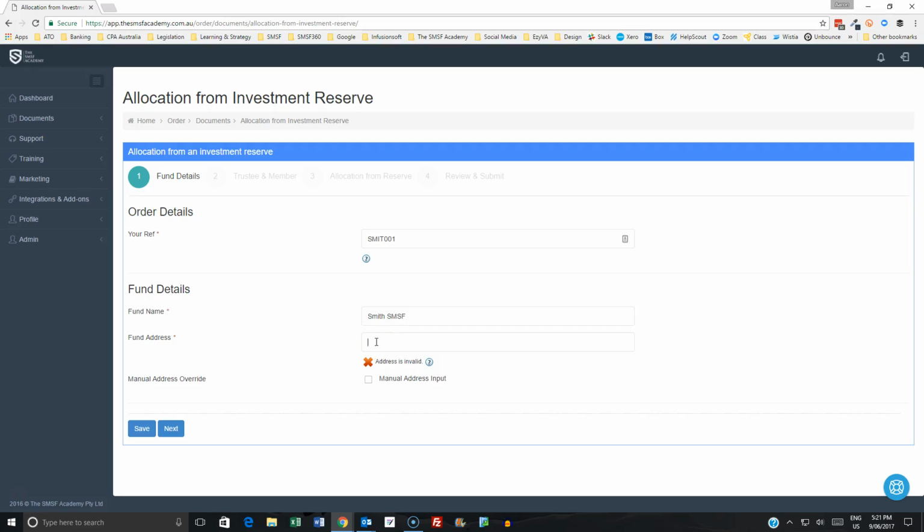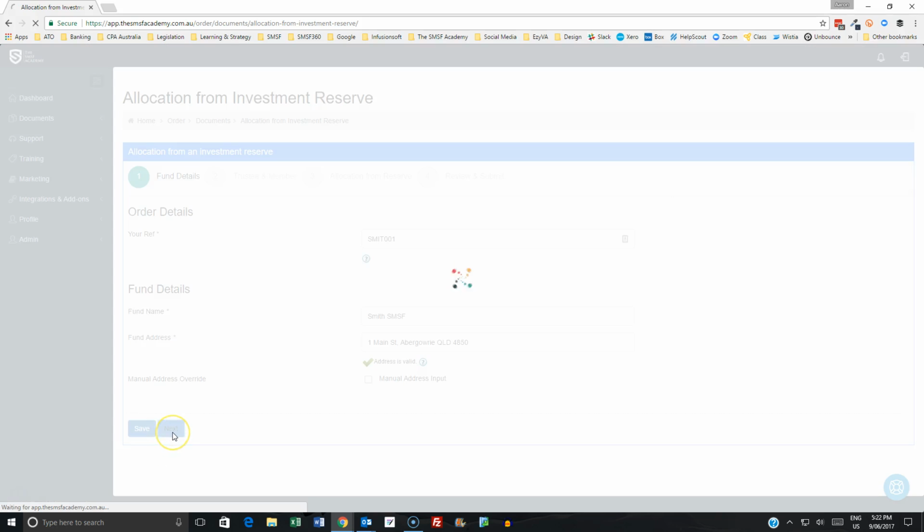In this screencast, I'm going to share with you the release of our trustee minutes around an allocation from an investment reserve. We do see occasionally individuals wanting to both create and also look to credit amounts from an investment reserve. Of course, when we need to look at the allocation rules from a reserve, we do have the crediting requirements that sit within Regulation 291.25.01. So what we've got here is the requirements to comply with those crediting rules so that they don't count